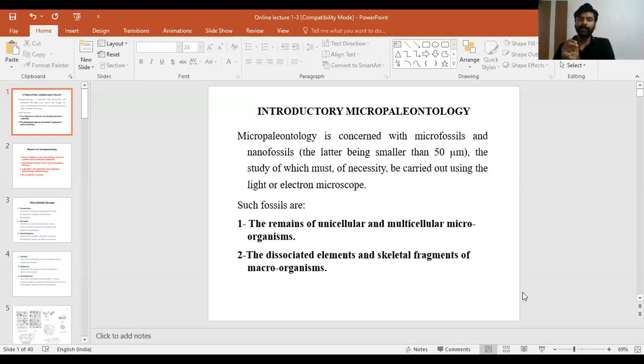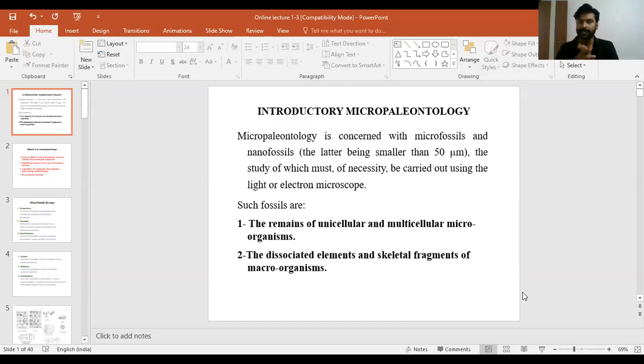It includes various organisms like Foraminifera and nanofossils. Nanofossils doesn't mean 10 to the power minus 9. It's still in a micrometer range. It is called coccolithophore. So they come under the purview of nanofossils. Then we have ostracods, pteropods,